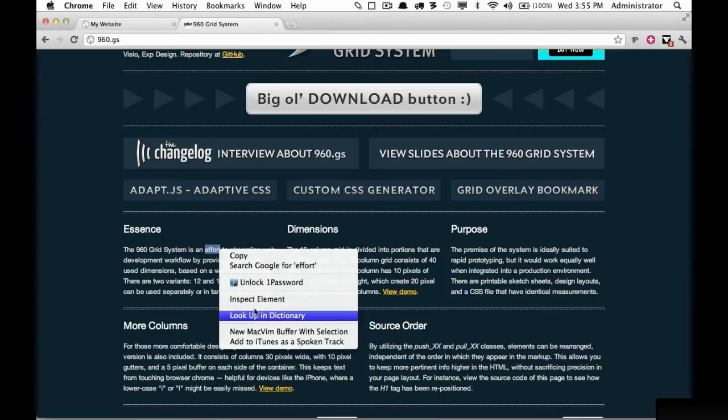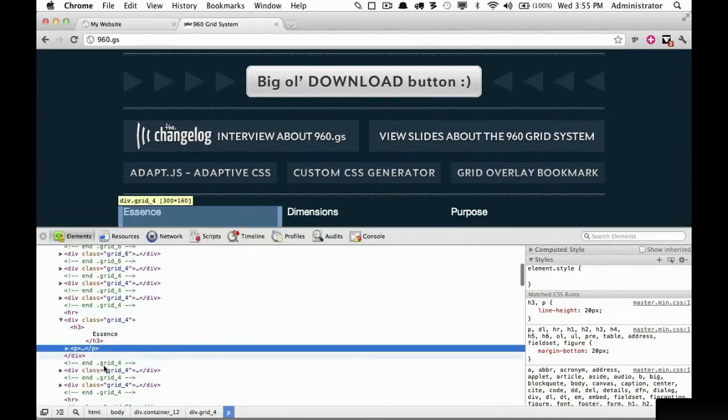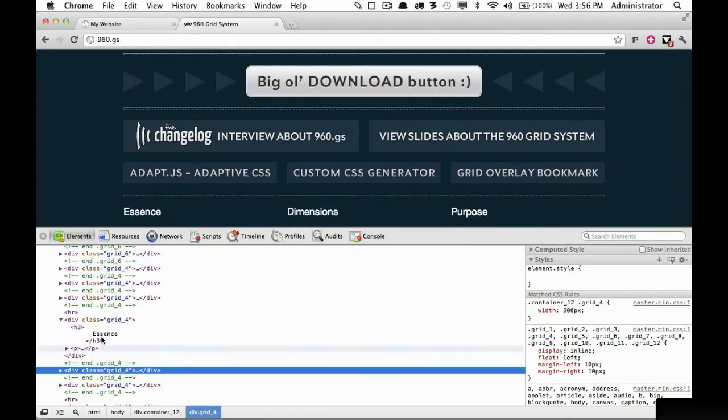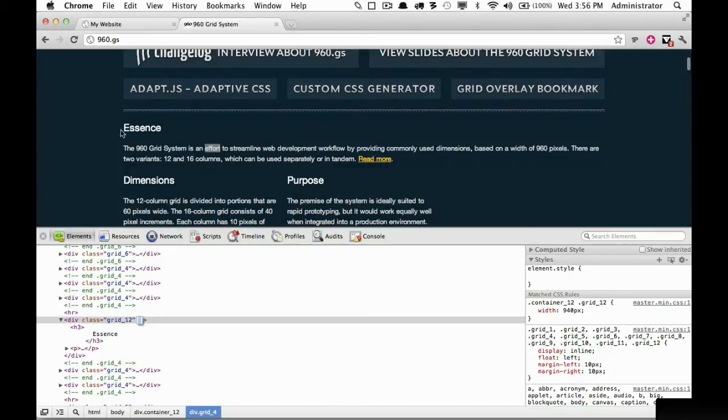If I were to right click on this and choose inspect element, you can see that it's being applied by adding classes. In this case, it's adding a class of grid 4. So watch what happens if this then becomes a class of grid 12. If I tab off it, that will now take up the entire width. And what's nice about this is when you're not having to measure on your own, you can create much more